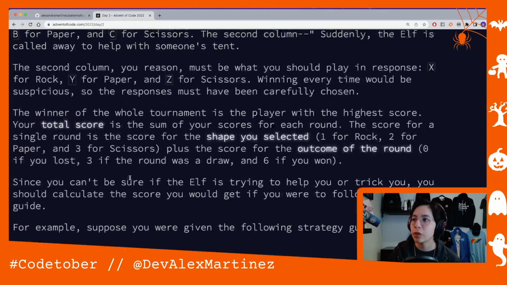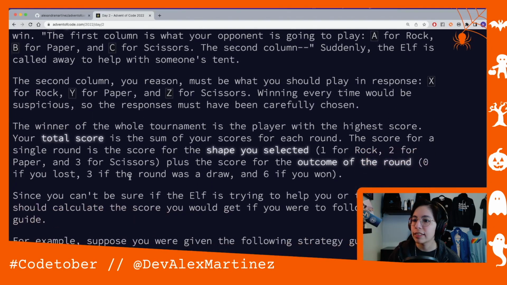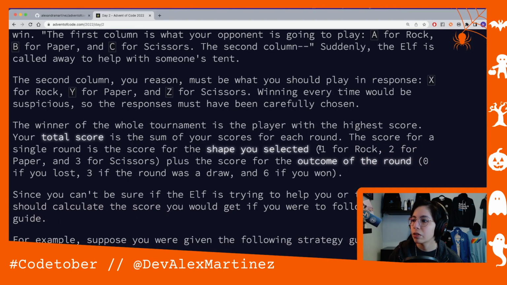And then it gives you how to get the total score. So if you win, where is it? Oh yeah. If you selected rock, you get 1 point. If you selected paper, you get 2 points. And if you selected scissors, you get 3 points. And then in the outcome, you get 0 if you lost, 3 if it was a draw, and 6 if